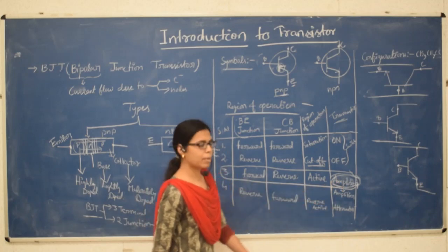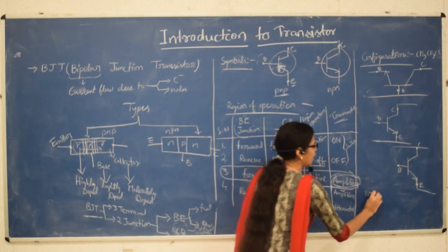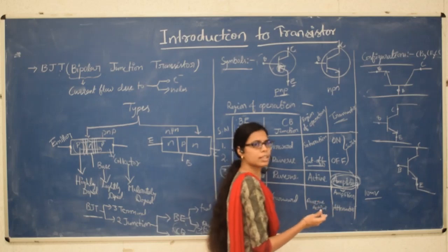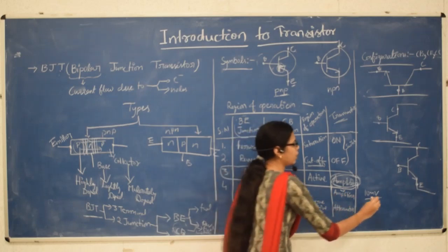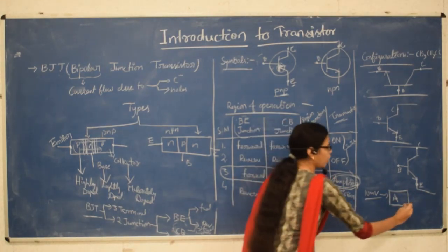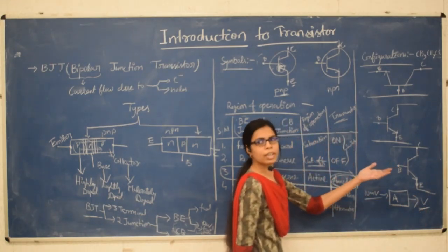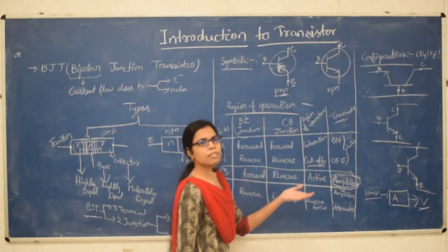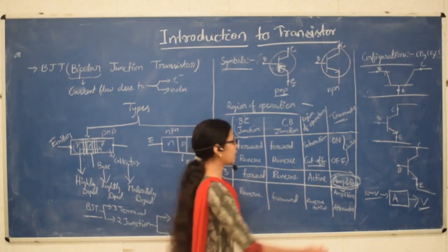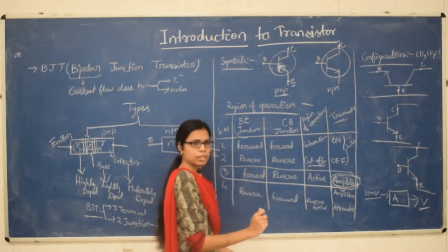So basically what is an amplifier? Let's suppose we have a weak signal, some 10 millivolts, something like that. But to operate on such small signals is very difficult. So what we are going to do is give this to an amplifier, and the output of that amplifier will be in some volts. Why? It is going to amplify, in the sense it will strengthen, it will boost the amplitude or magnitude of that signal. So for that we need to operate our BJT in the active region.